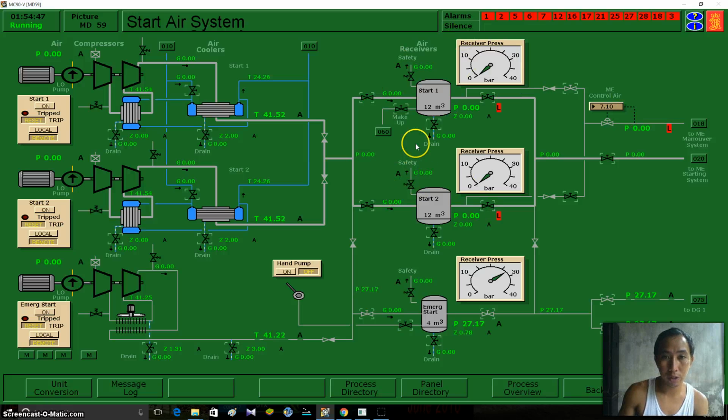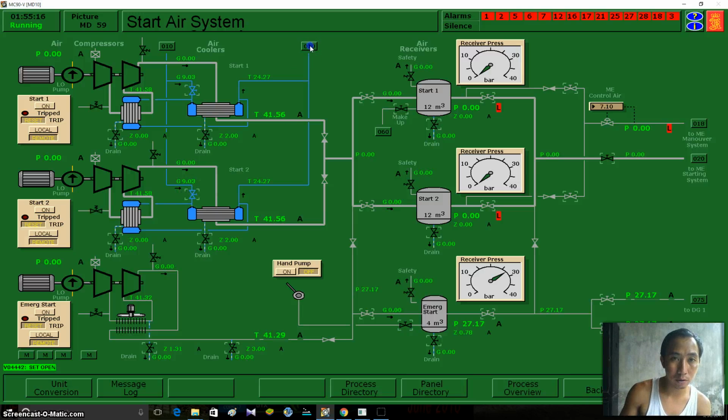So we just need to open the valves from here and from your second tank and go into your main engine starting air. So later we'll be opening that one. So this is the intermediate valve. We're going to start our compressor, but prior to starting, make sure that the cooling is switched on. So we're going to open the cooling.